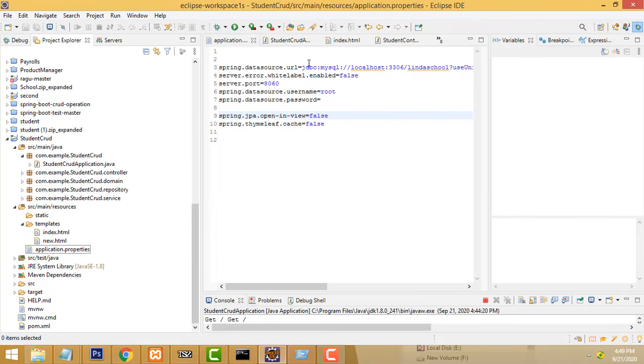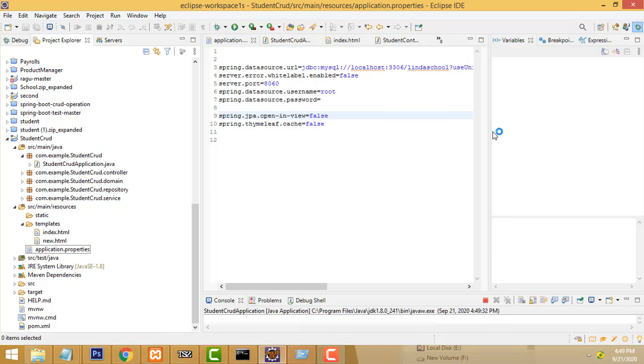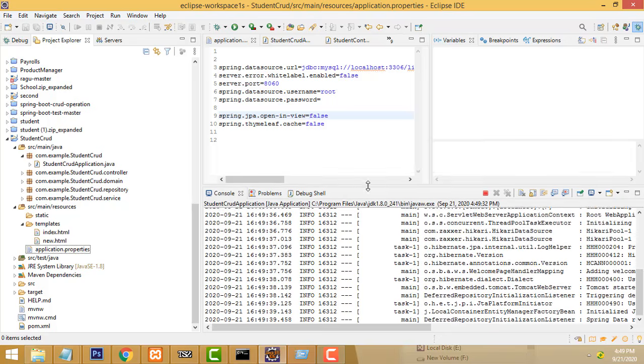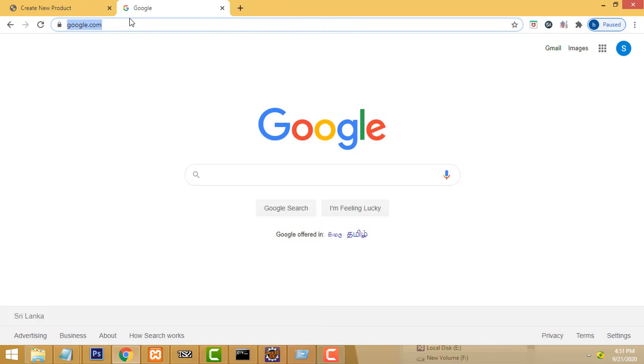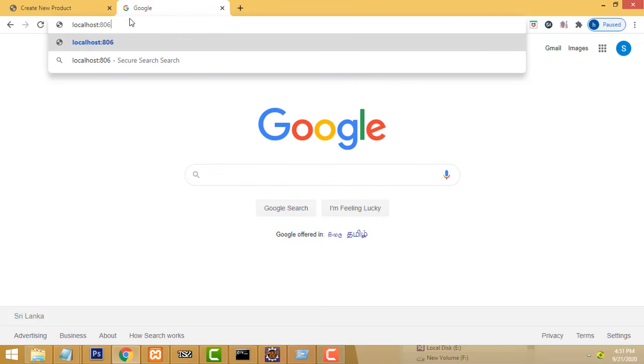Now let's run the application and check. You run the student application. This is our application. You run it. You check the console to see what happened. Right. Now we have to execute the program. Localhost. What is the port we have given? 8060.